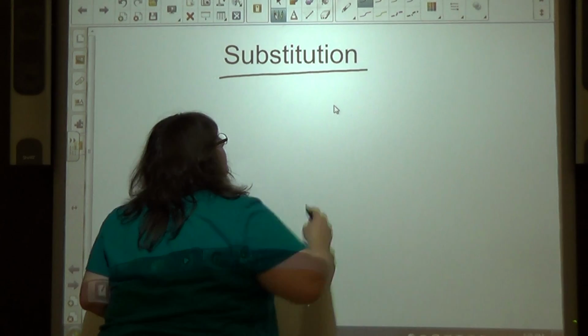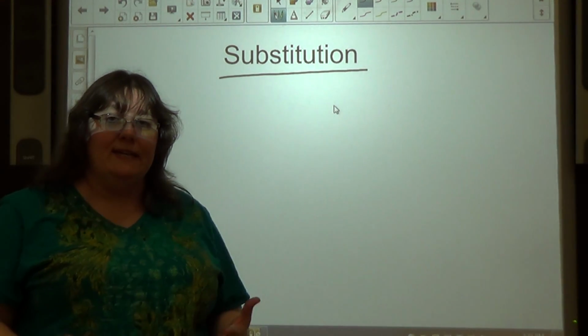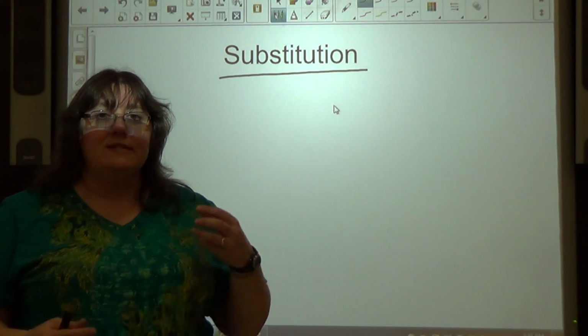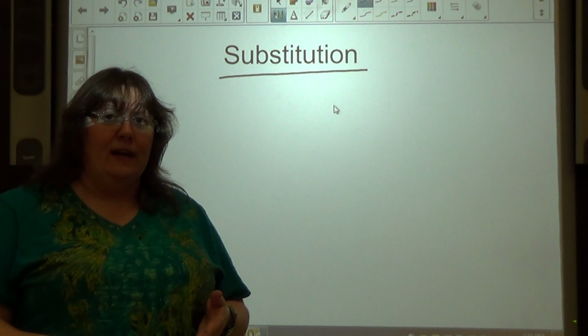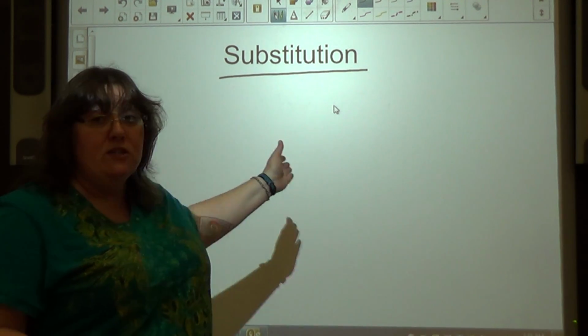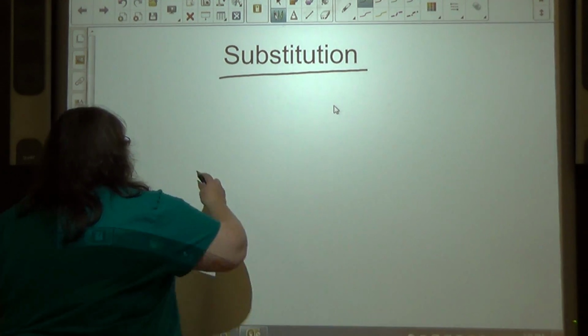Substitution. This is a method of solving a system of equations. A system of equations is two or more equations that will intersect, hopefully. We have to find out whether or not they intersect, and the best way to do it is using substitution or elimination, okay? So looking at substitution,